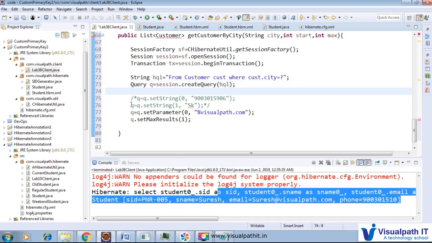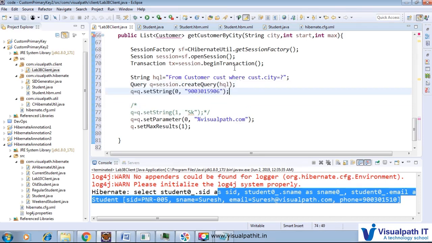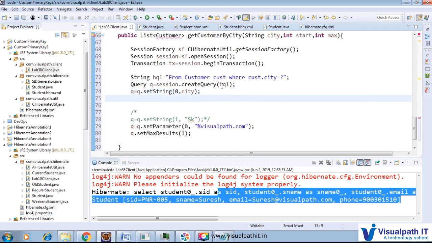And next what we will do, we can write q.setString. This line fits here, q.setString. So at the 0th position we will write city. The city is dynamically coming here, so we will pass that city itself here, and after that two more things we have to set, that is setMaxResults and